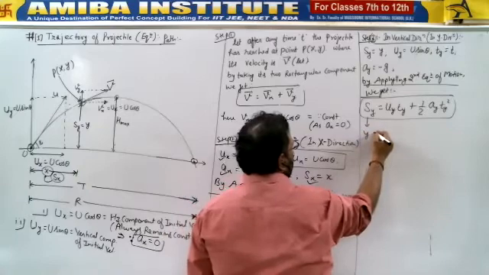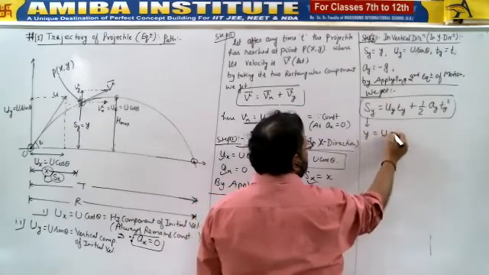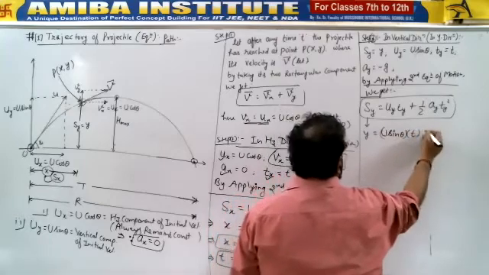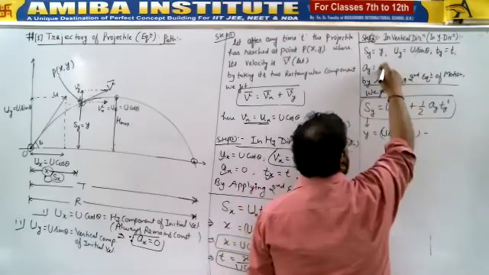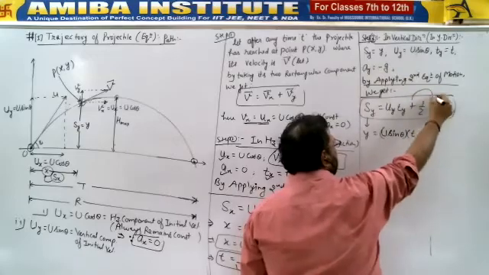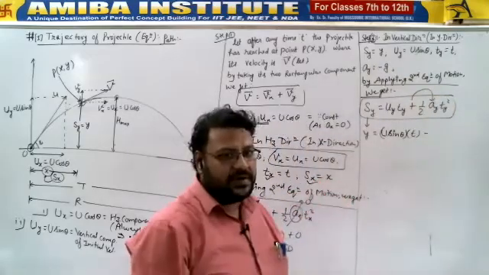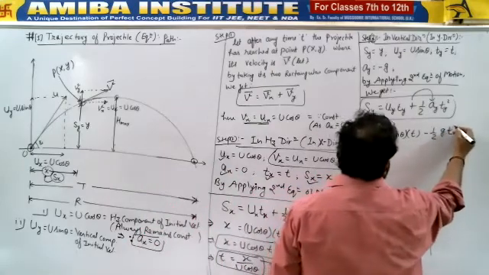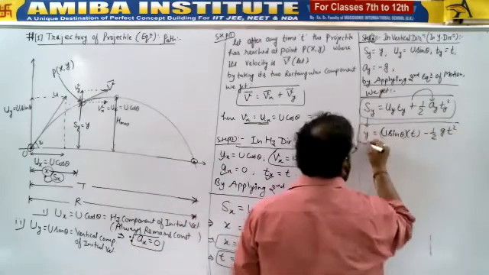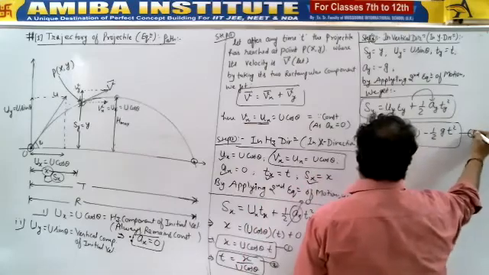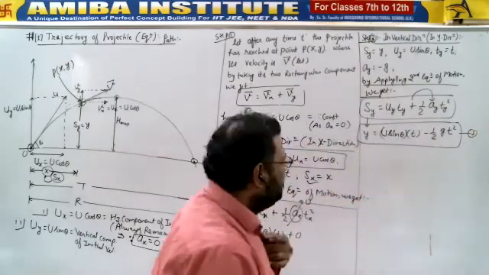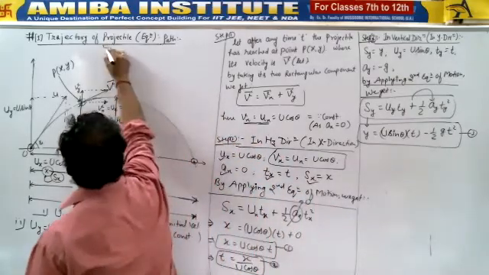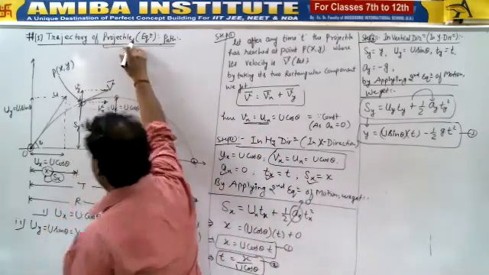Substitute the values. y is equals to u sine theta into t, minus, because it's minus g, so plus into ay value minus g, I'm directly writing minus g t square. Got it? Equation number 3. Now we need to write the equation of projectile, and we need to prove that the path should